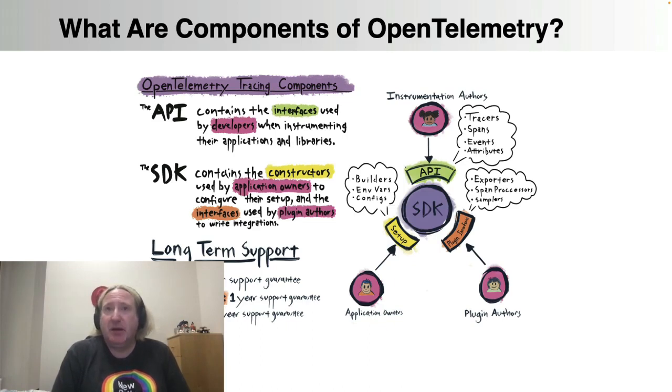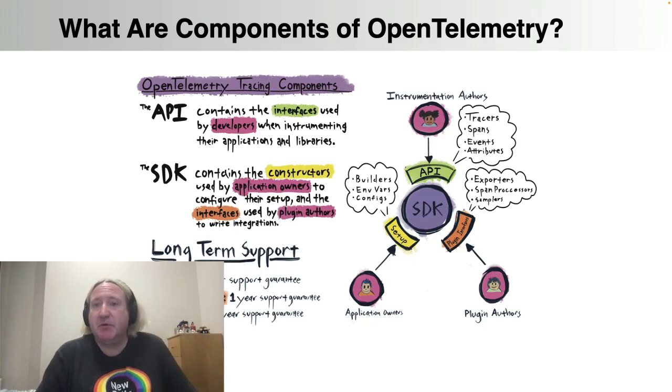So when you download OpenTelemetry, you get the API. You also get the SDK as a default implementation of that API. That then is the basis which you have for instrumenting your application using OpenTelemetry, and that will be your starting point if you're new to the project. There is also the plugin interfaces, which are used by a small group of folks who are interested in creating new plugins and extending the OpenTelemetry framework.